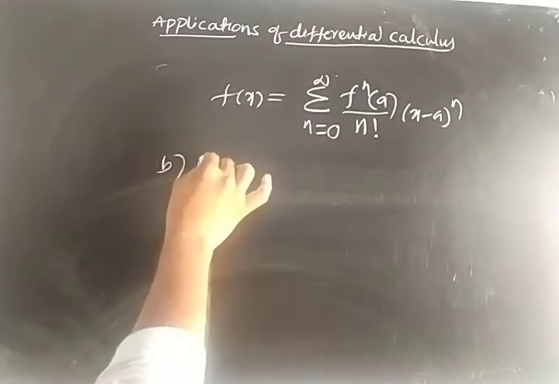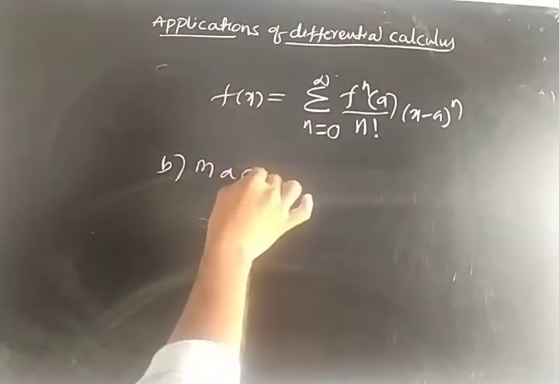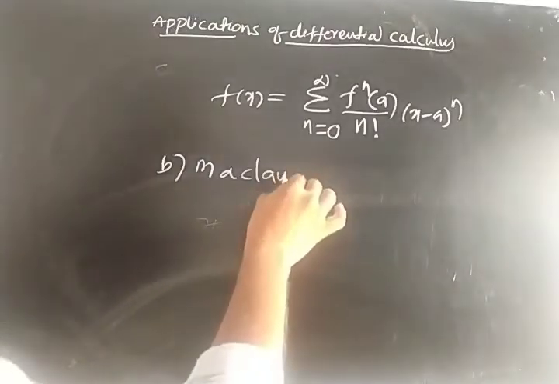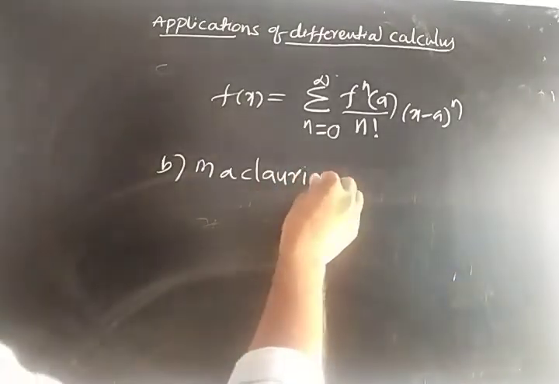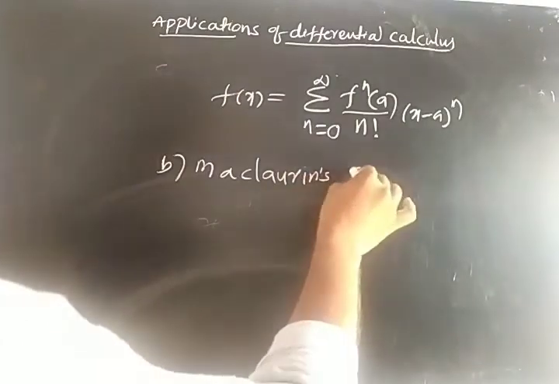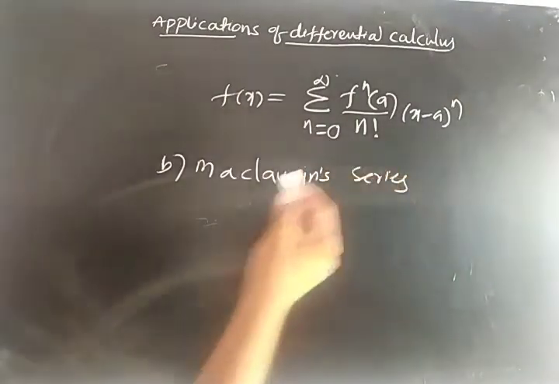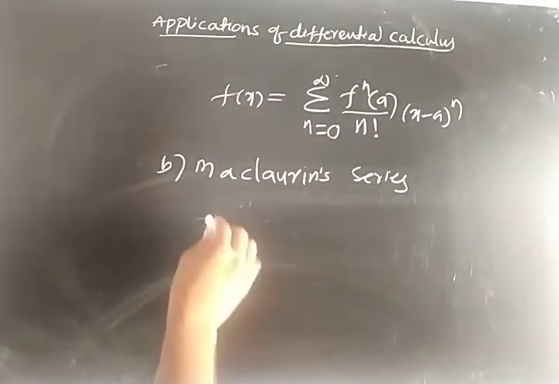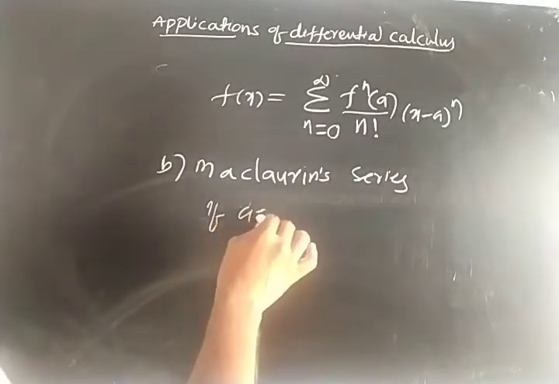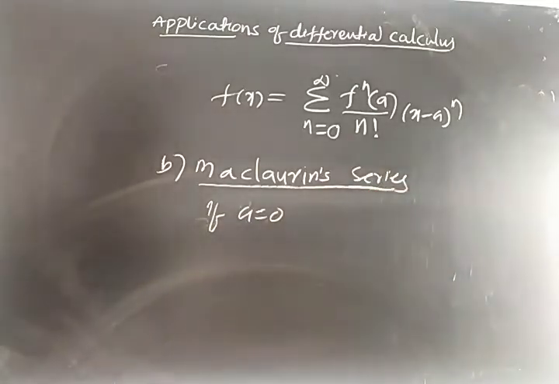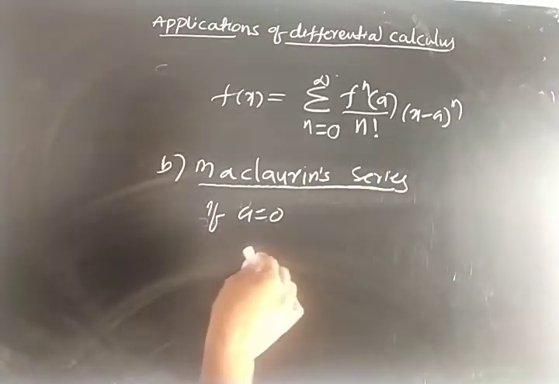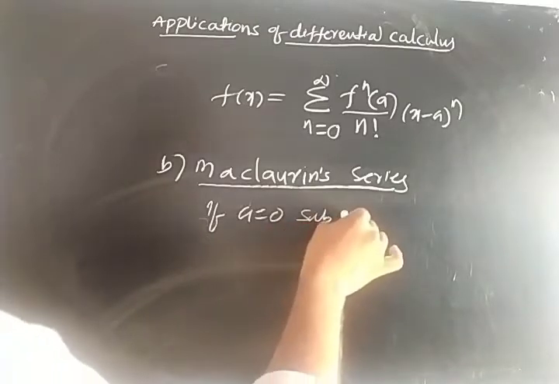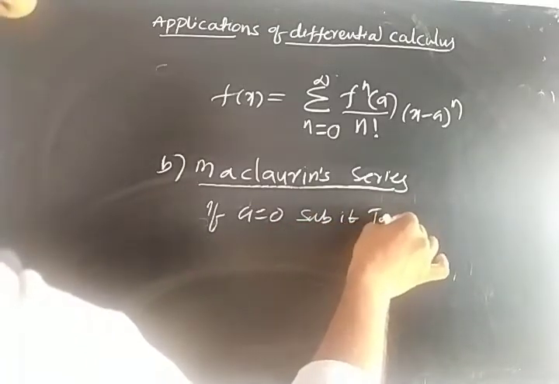Second one, Maclaurin series. Maclaurin series is obtained from Taylor series only. Maclaurin series is obtained from Taylor series if you put a equal to 0. If a equal to 0, substitute in Taylor series,